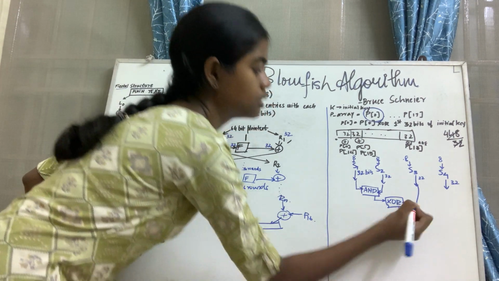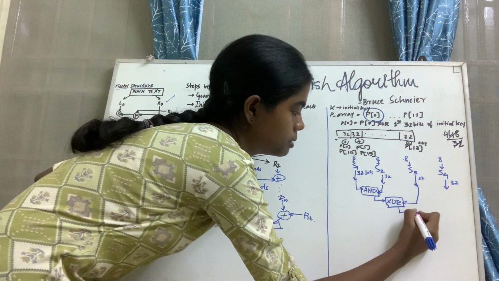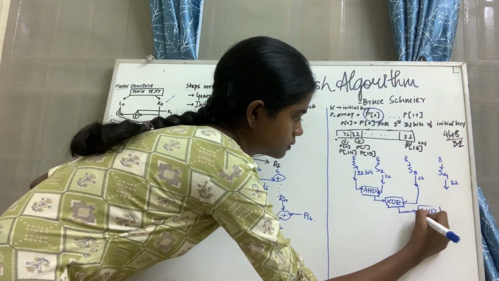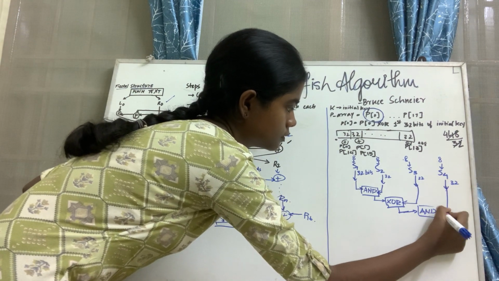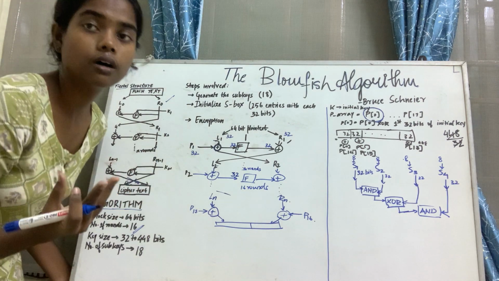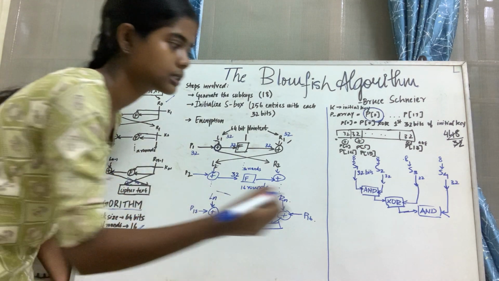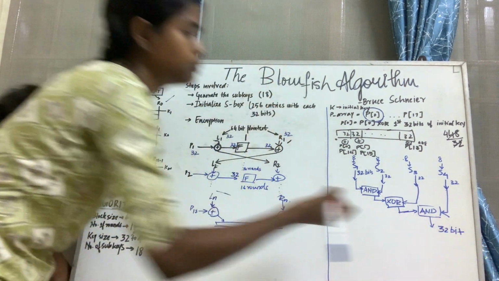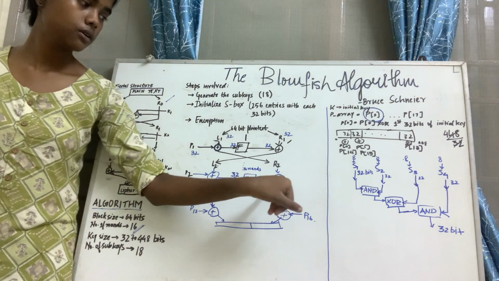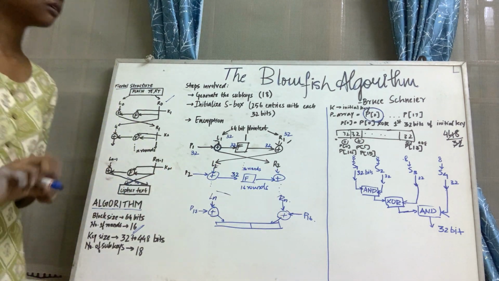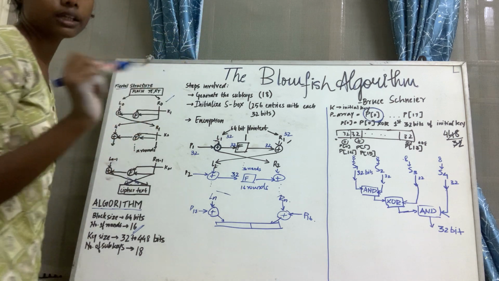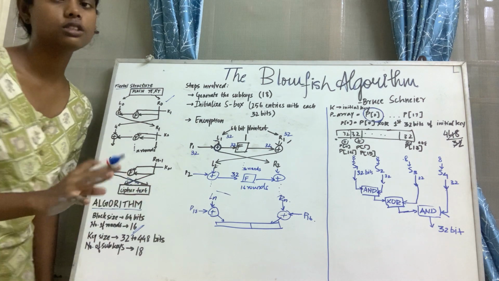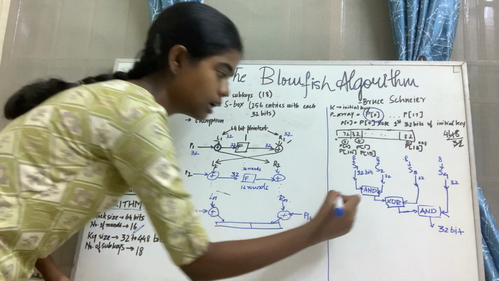The output from the XOR operation, we will be performing an AND operation between it and the output value from the fourth S box. So this will finally generate a 32-bit output which we will be performing XOR with the right plain text. And one main fact that we have to note is that the AND operation over here is not just a simple AND operation. It is addition,